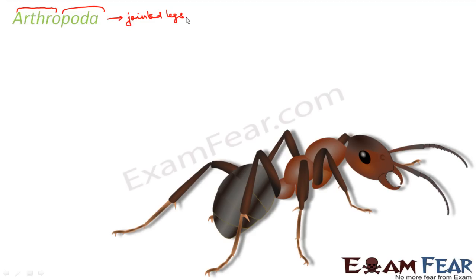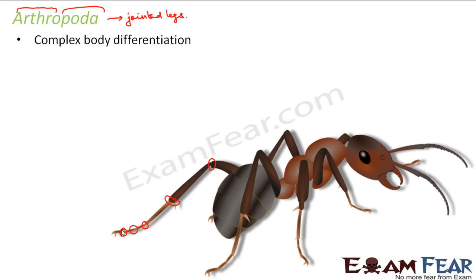So here you can see the picture of an ant. What do I mean by jointed legs? If you look at the legs of this ant, you can see that there are joints in its leg, right? These are the joints which are quite visible. So this is known as jointed legs. Now I think you can think of many such organisms which you would have seen with jointed legs. So you can understand what all fall under the category of arthropods. Most of the insects which we see fall under the category of arthropods, be it cockroach, be it mosquito. They all have got jointed legs. So let us see what are arthropods.